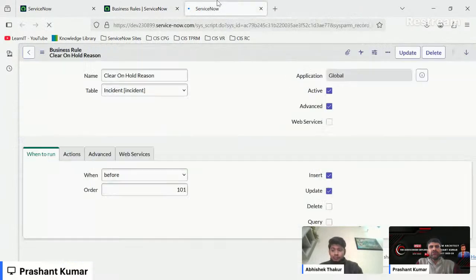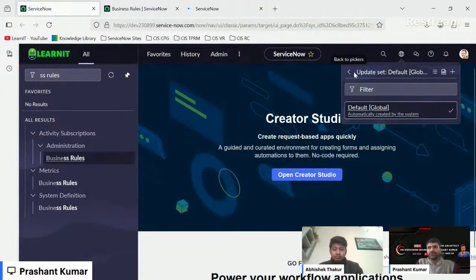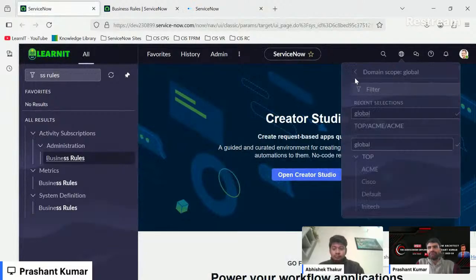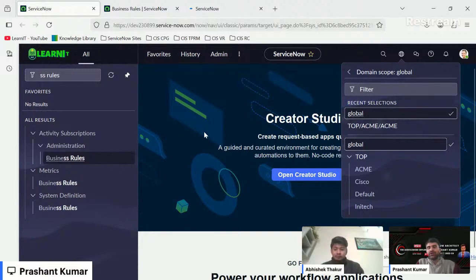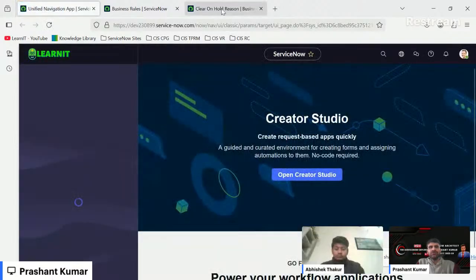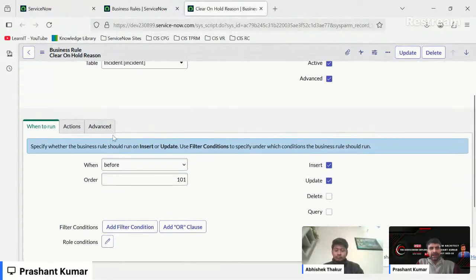This is part of global domain, and suppose I change the domain from here. I want to use the same business rule, but add some changes for the Acme domain. So I will select this Acme domain now, and I have opened this business rule. This is part of global. And now what I will do,